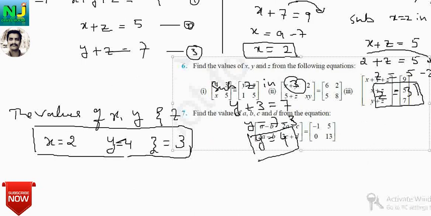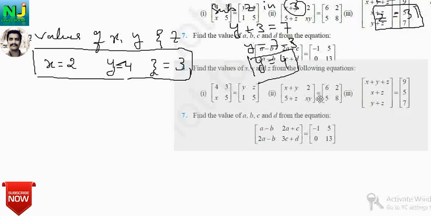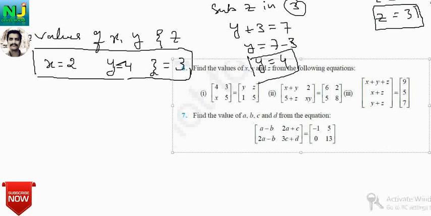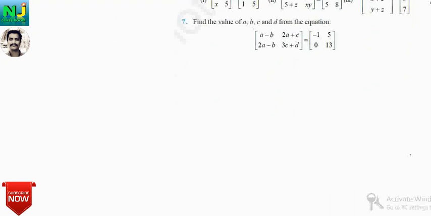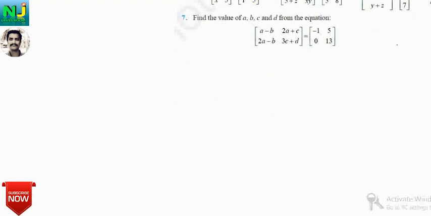Just a minute, I will drag the problem to the downside. We are going for problem number 7. My dear students, don't lose hope, and you have to interact with the problem. Definitely the problem will be very easy. Now by using the same method we can solve it. So now let us go for problem number 7.